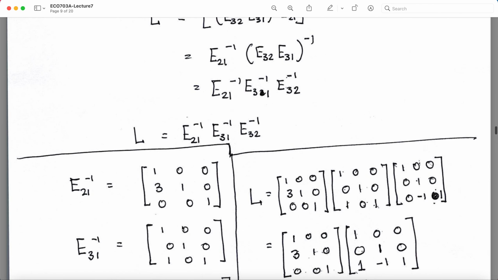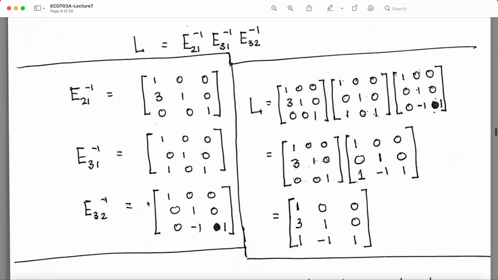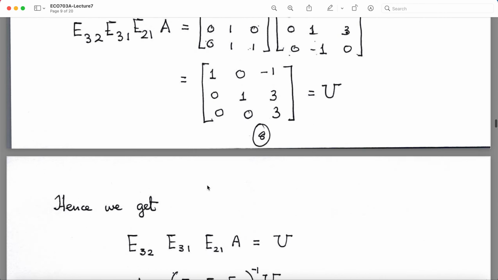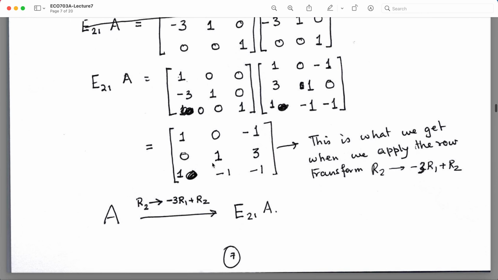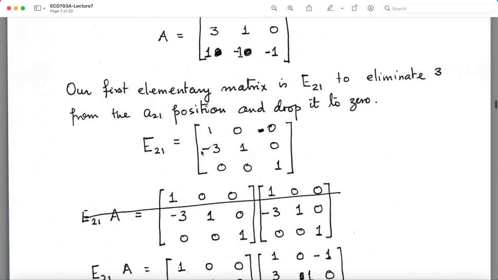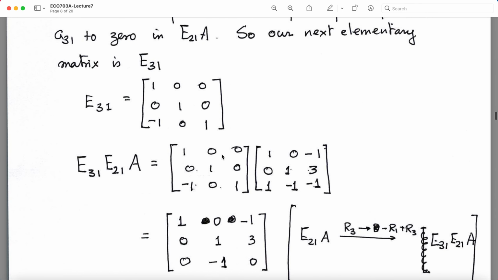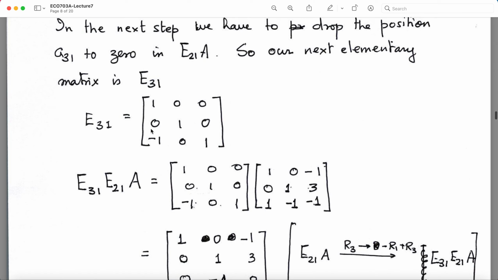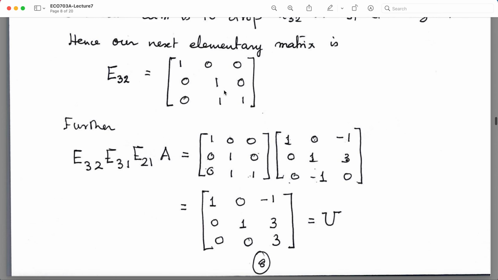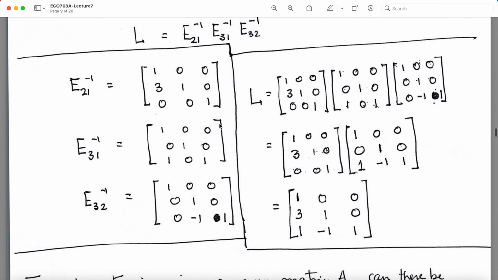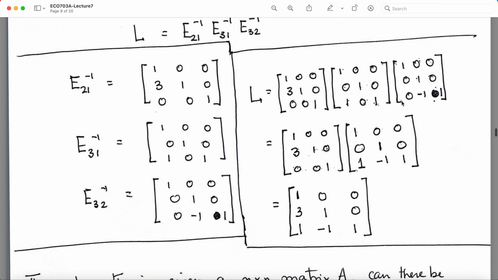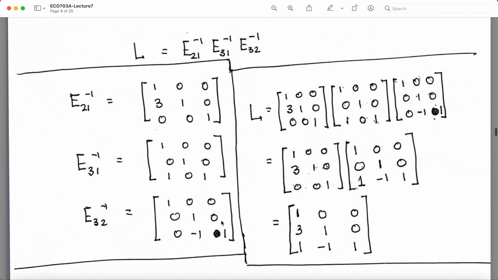So you know what is E21 inverse, you know what is E31 inverse, you know what is E32 inverse. You just replace it with minus. So here, let me go back, what was E21, I have to just replace it with the minus of minus 3, so it will become 3. E31 I have to replace it with just minus of this, which is 1, and E32 I have to replace it with minus 1. And that's exactly what we have. And when I multiply all of these, E21 inverse, E31 inverse, E32 inverse, this is what I get,